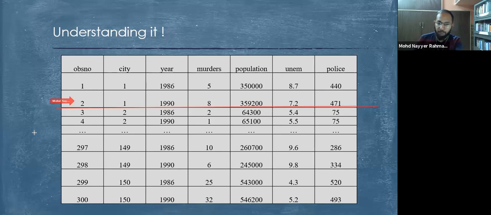So we have a pooled cross-section for city 1, for city 2, for city 3. Suppose city 1 is New Delhi: independently we have one pooled cross-sectional data set for New Delhi, one for Mumbai, one for Hyderabad, one for Nainital, and one for Aligarh. If we combine all these five, we get panel data, which takes us to the conclusion that panel data is a combination of several pooled cross-sectional data sets.